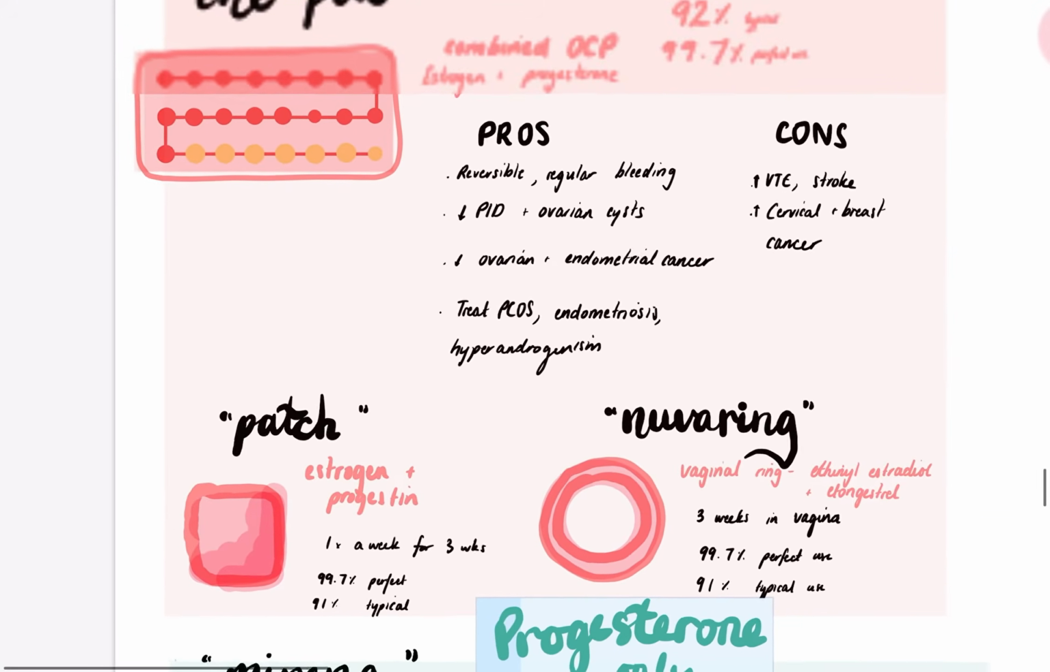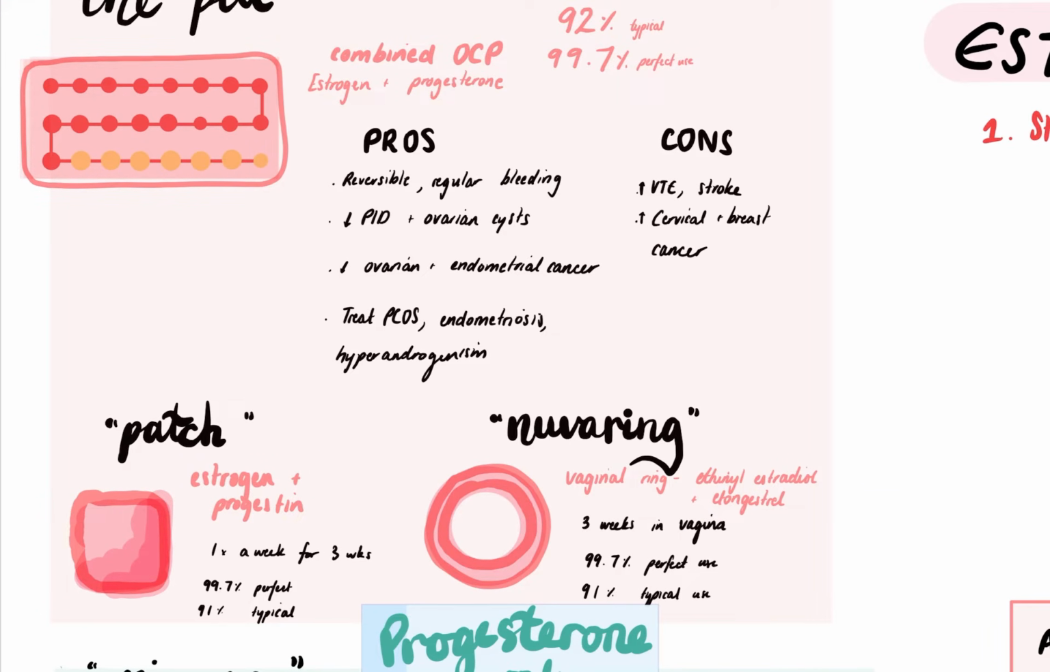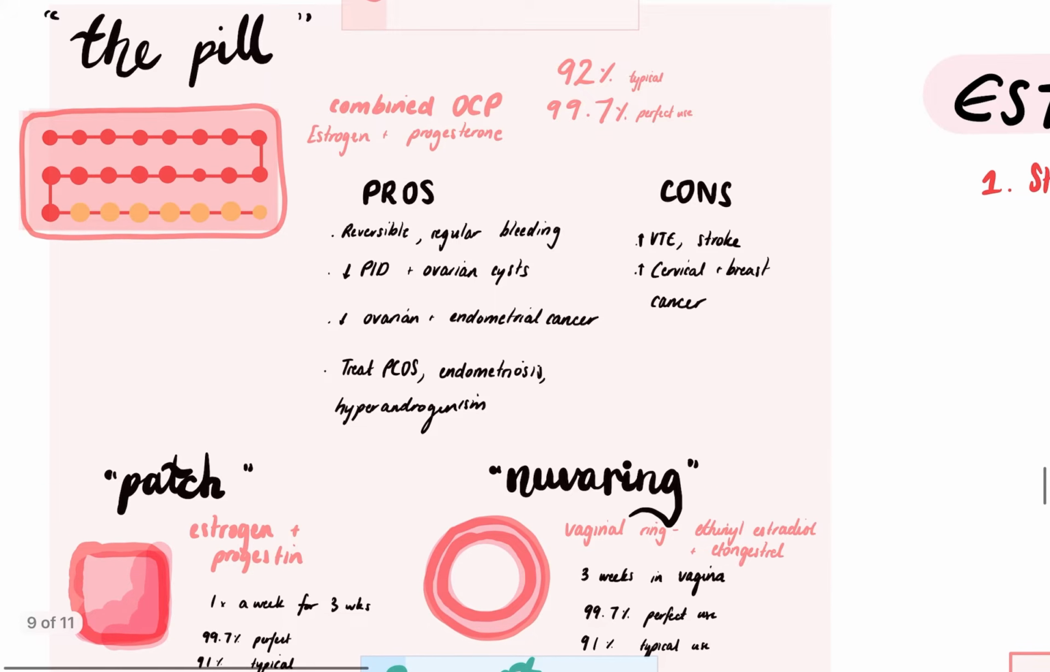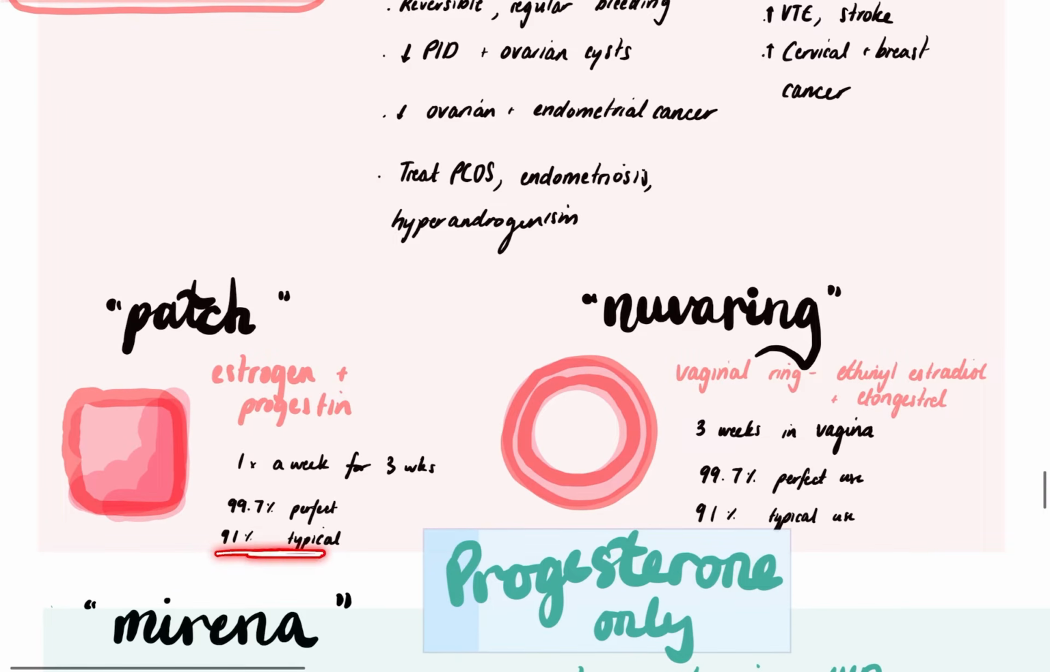And I've also put here for each of these the efficacy against unwanted pregnancies. So if I write perfect use, that means that in an ideal setting, in a clinical setting with perfect compliance, so in the case of the oral contraceptive pill, they're taking their pill every single day at the same time, it would be 99.7% effective. Or for the patch, it would be 99.7%, same with the Nuva ring. However, in real life, the typical user will experience 92% efficacy for the pill and 91% efficacy for the patch